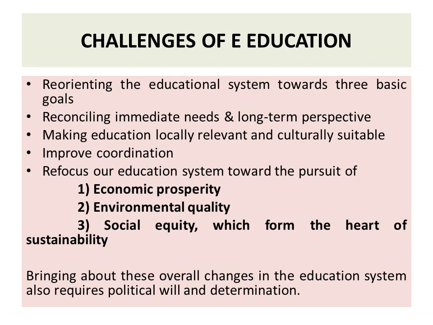So we have to reorient the educational system towards three basic goals: reconciling immediate needs and long-term perspectives, making education locally relevant and culturally suitable, and improving coordination. Reorienting the educational system towards three basic goals: refocus our education system towards the pursuit of economic prosperity, environmental quality, and social equity. Bringing all these overall changes in the education system also requires